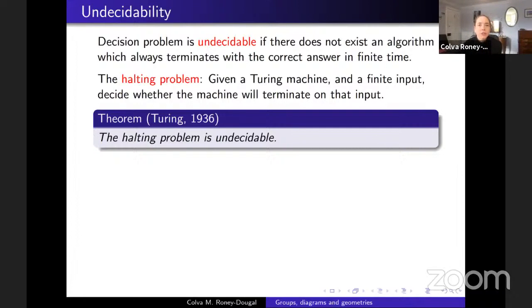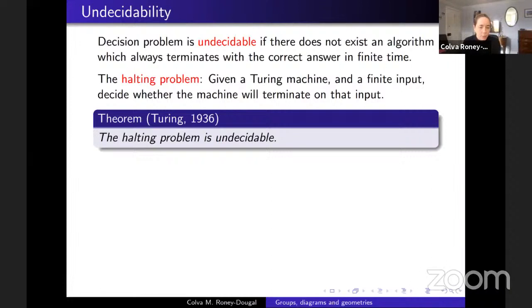So Turing showed that the halting problem is undecidable, and that introduced the concept of undecidability to the world, invented it. And there was a whole industry after Turing's paper of proving that other problems were undecidable, but they were mostly problems which were quite closely related to logic, basically. Turing was building on stuff to do with logic and foundations of computer science, and so lots of the other undecidable problems were very obviously variants on Turing's original halting problem.